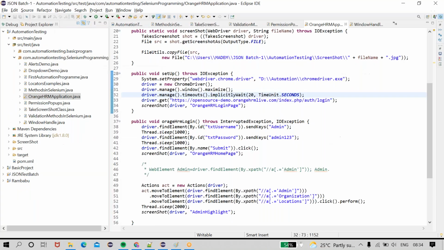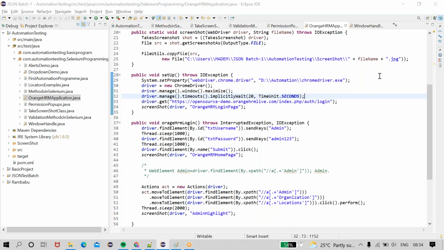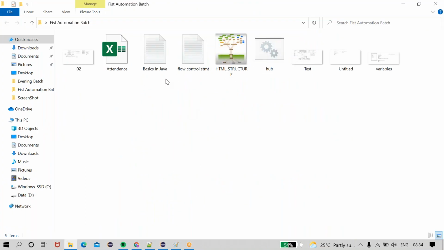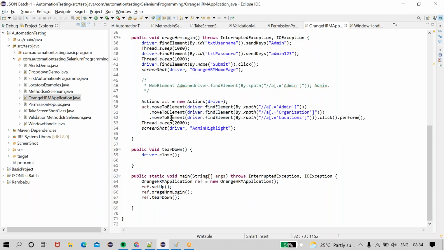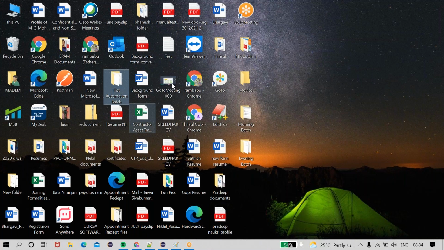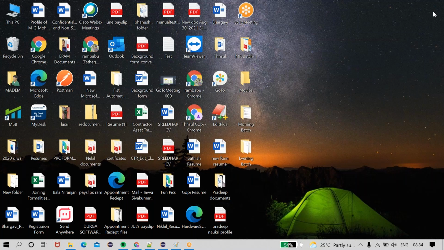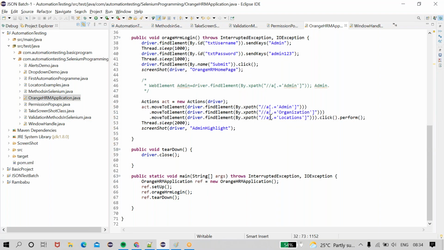This is the folder now. It has to take a screenshot, but it's not taking the screenshot. We'll see it later, no problem. Right now, focus on this.